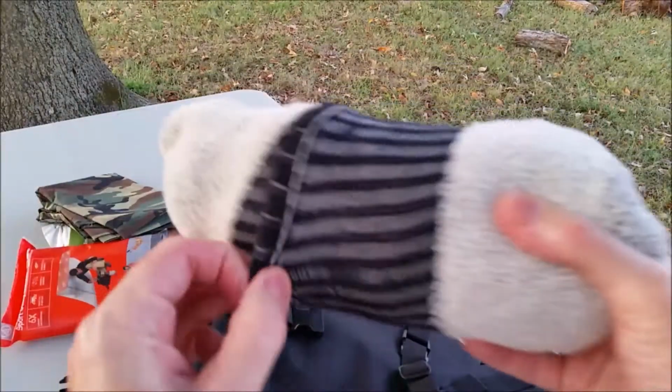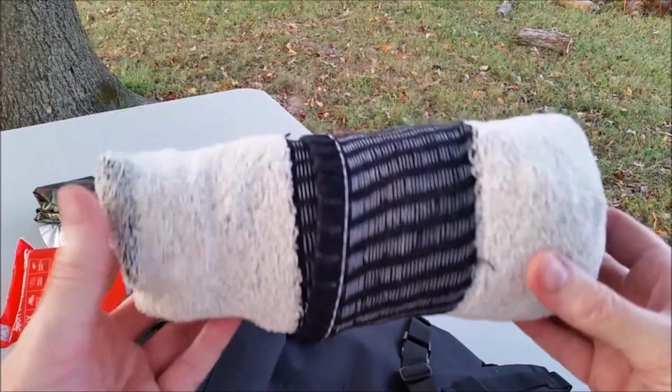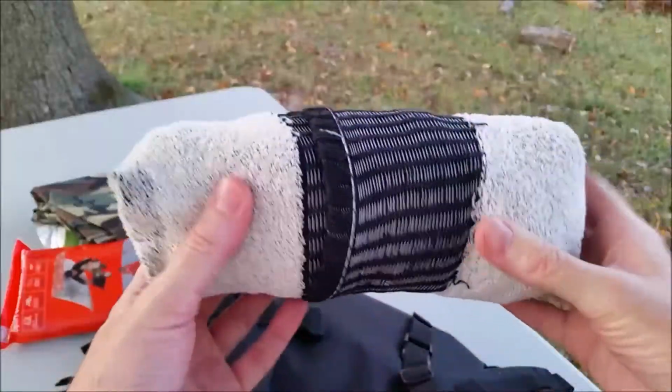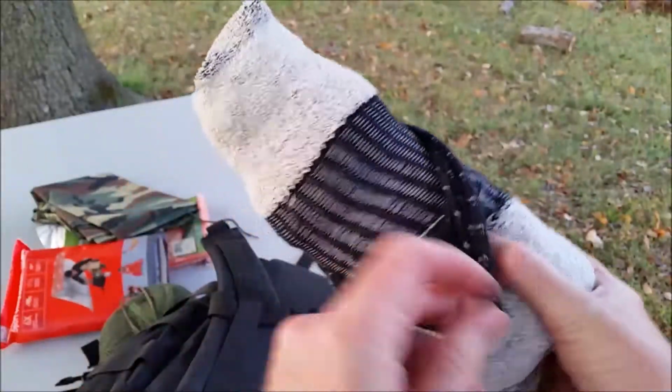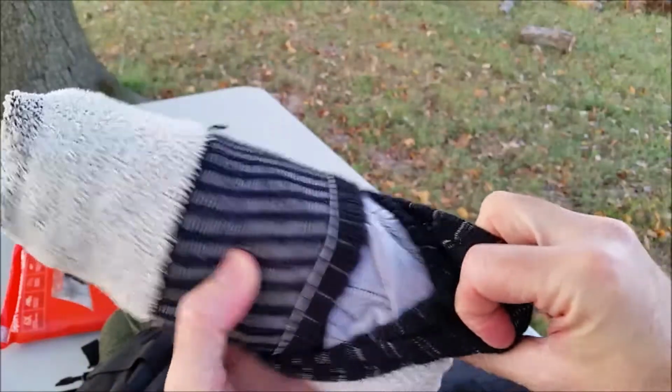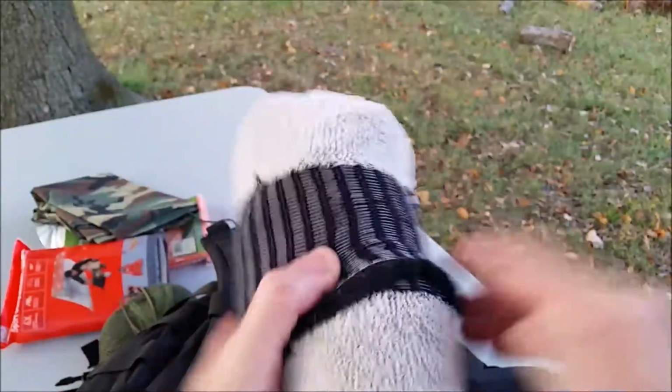Okay, had to get in a little different position here to function. I got too much stuff in my way here, folks. The roll I was starting to talk about that I keep in there, this is called a skivvy roll, S-K-I-V-V-Y. I'll put a link down below. Your socks are on the outside of it, but as you can see, there's a t-shirt in there. There's a special way for rolling these. I won't unroll this one, but what it is is a